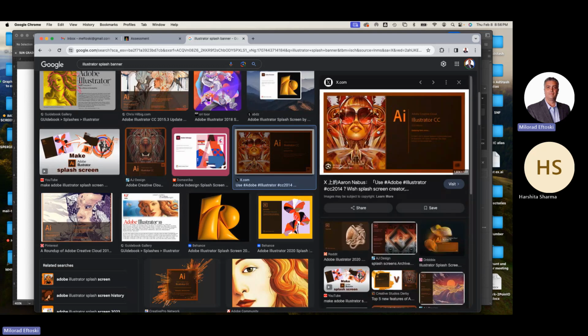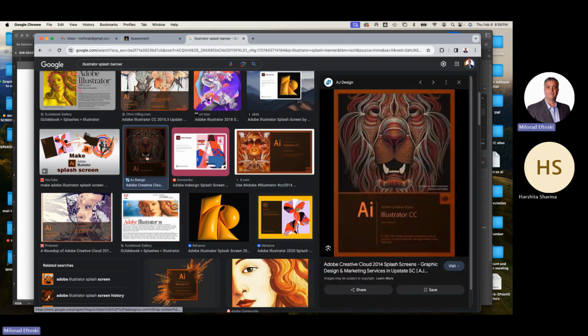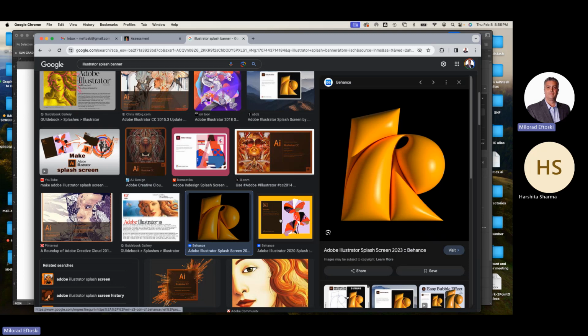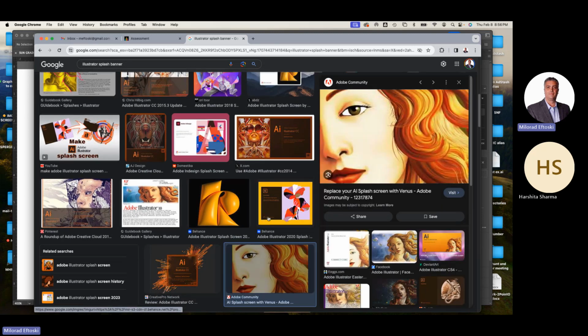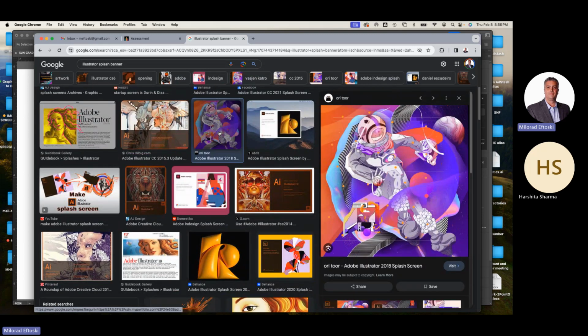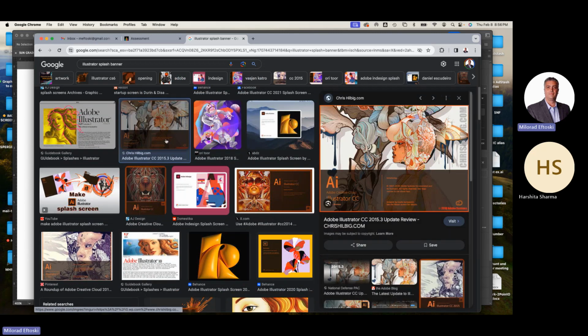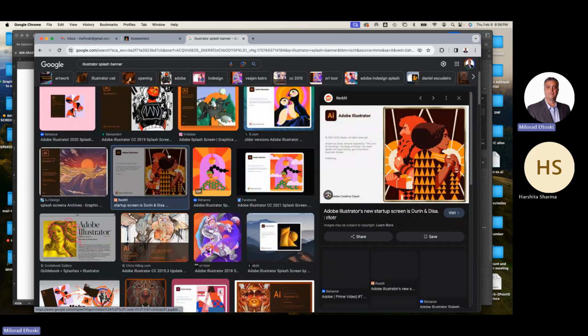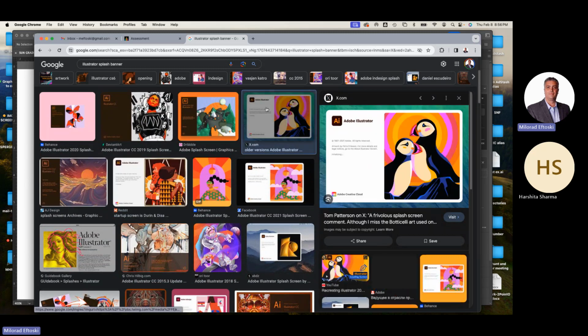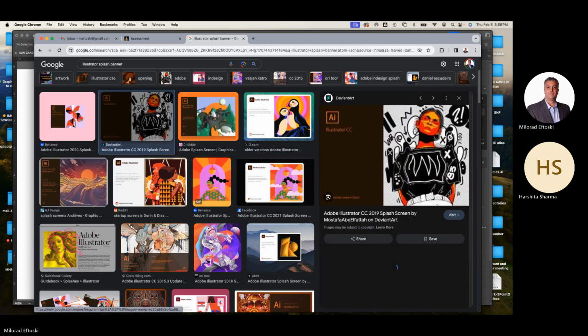Then they started getting to this kind of stuff, right? This kind of stuff, and this kind of stuff, and this kind of stuff. Some abstract work and so on and so forth, which is all good. But they wanted to showcase different illustration type of effects, okay? So eventually,